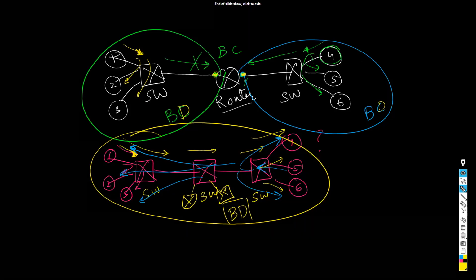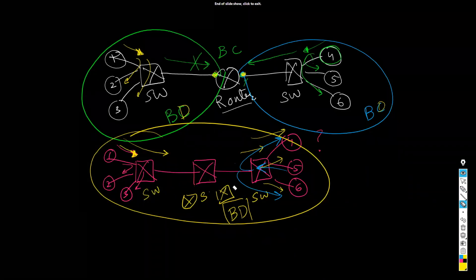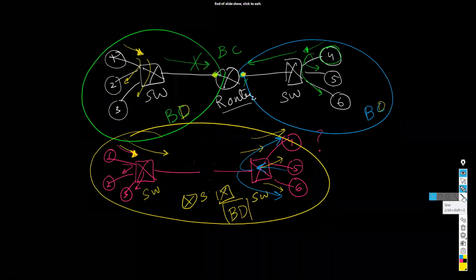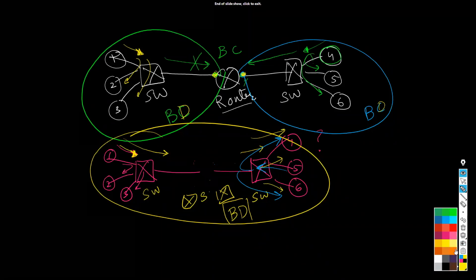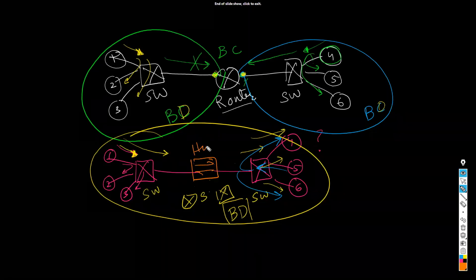Also, another question, guys, quick one. If instead of this switch in the middle, I drop this switch and replace it with, let me give it a different color, a hub. So hub is like a switch, I told you. Will they receive the message from each other or not? If one sends, will 5, 4, 6 receive or not?